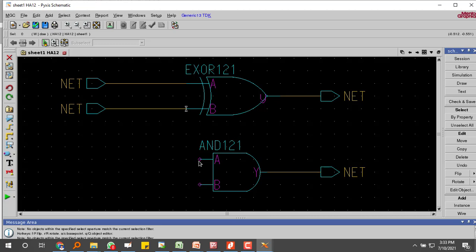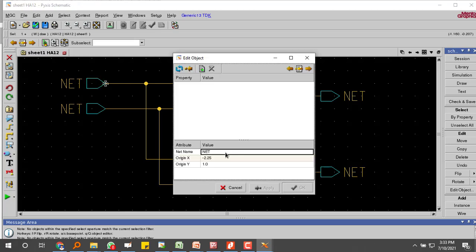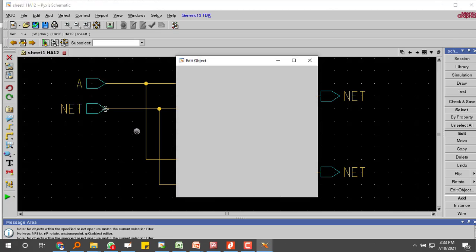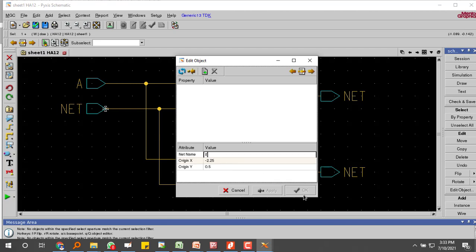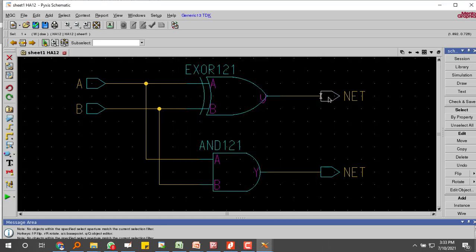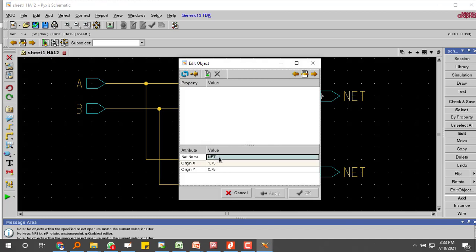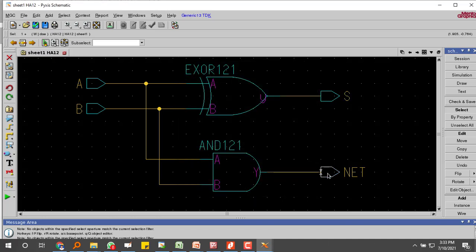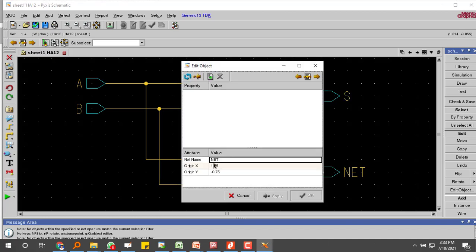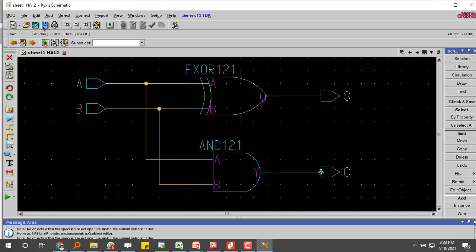So once you give connections, then A, B, sum and carry. So I have given it.